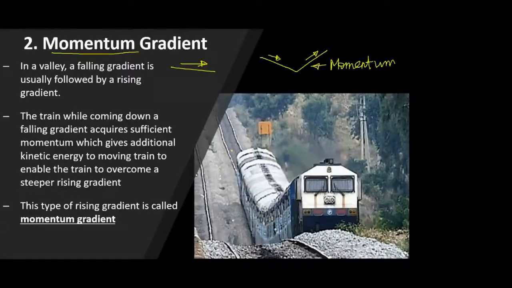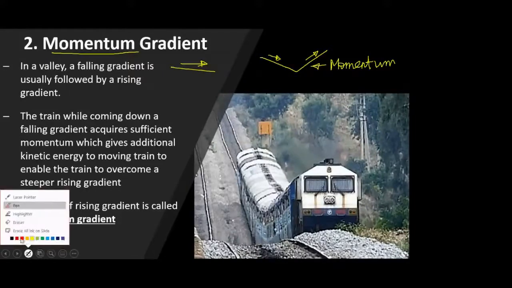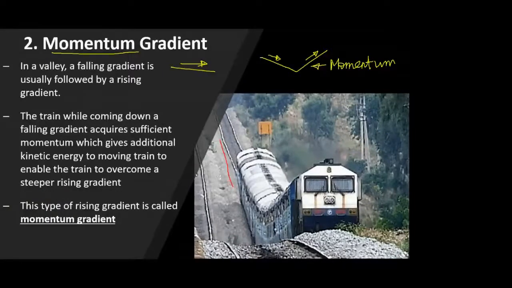In this picture, you will be seeing it clearly. It's a bit blurry picture because it's taken from a video. So in this, if you see, you have a down gradient here, and somewhere here you have this point, the valley point, and then from here again you have an up gradient. Okay. So this down gradient will create a momentum for this train, and that momentum will be utilized to haul this up gradient. So this up gradient in this case will be the momentum gradient. Okay. So the same is written here.